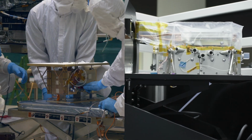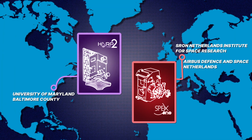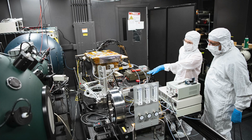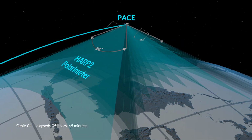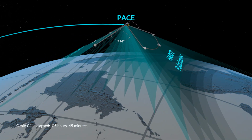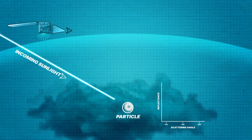The two multi-angle polarimeters were built by NASA's partners, both here and abroad. The Hyperangular Rainbow Polarimeter No. 2, or HARP-2, will measure atmospheric particles in one of its spectral channels in up to 60 viewing angles. Why so many angles? So this is like a camera, like any other kind of camera, but instead of taking